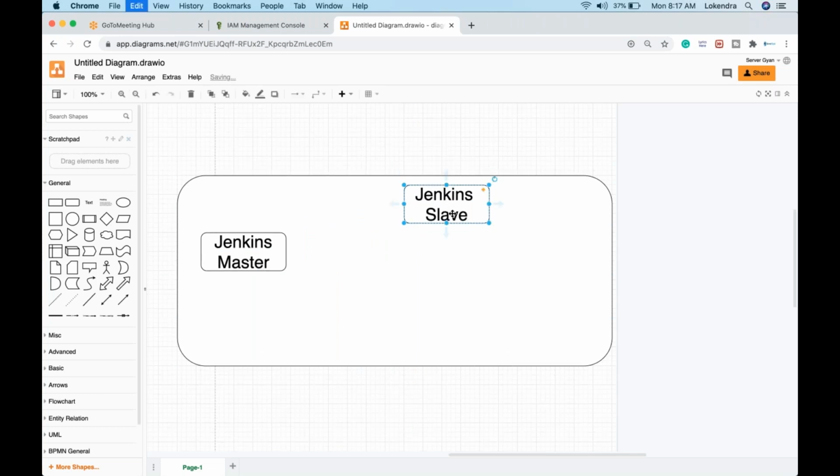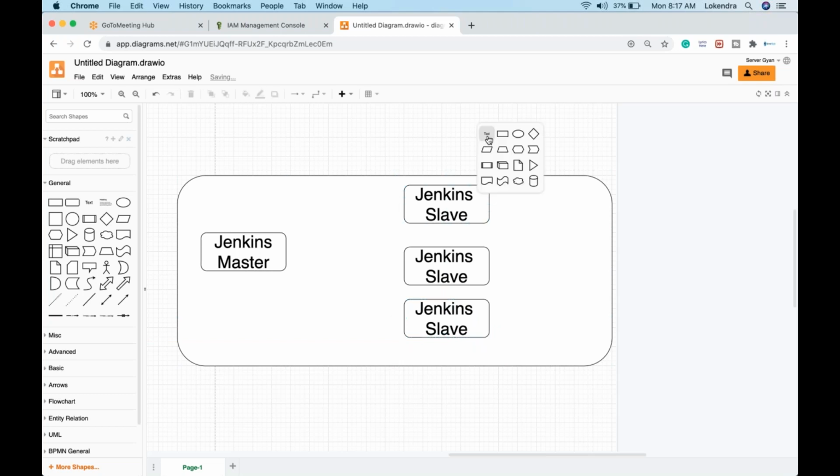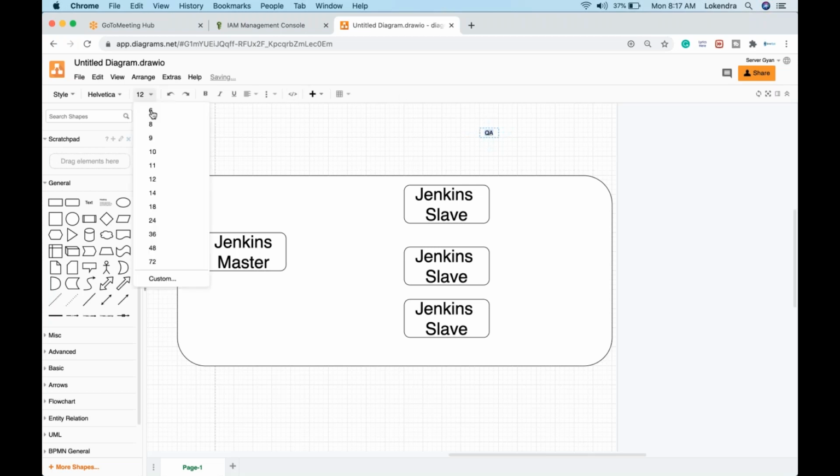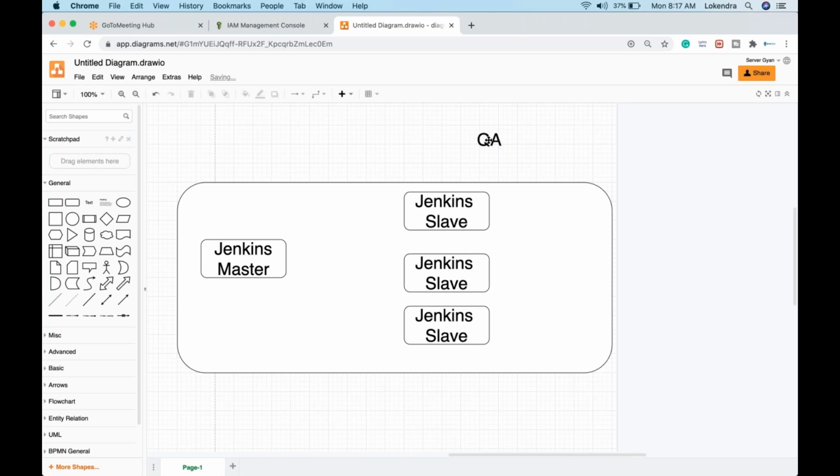Fine. And let me have a couple of copies of it. But why am I going to create a couple of copies of this server? I'm going to tell you that as well, because first of all, our concept has to be clear. So let us say I have 3 different environments. Let us say the very first environment I have is for QA, which means quality assurance team. The QA team is responsible for performing multiple things here. We have the QA environment. Then we have maybe the SIT environment. SIT means system integration test.